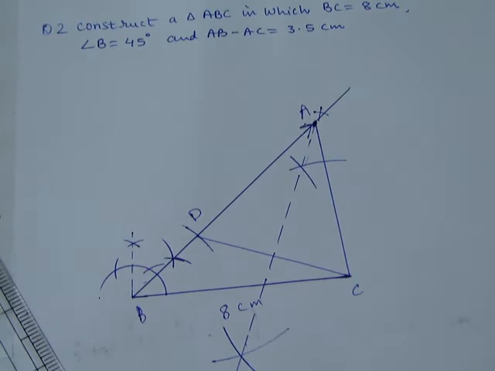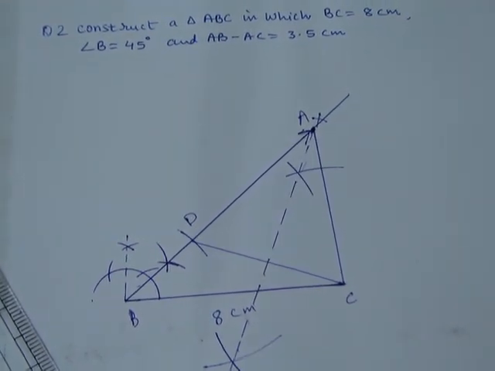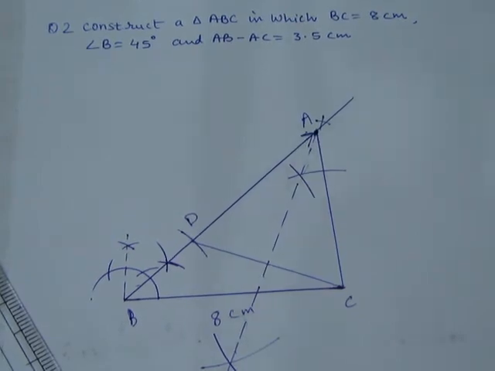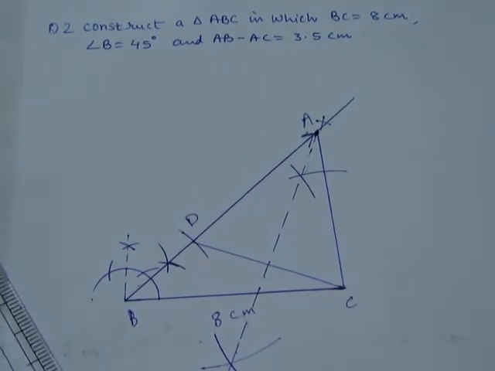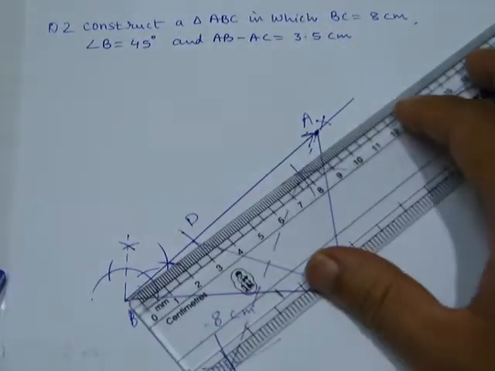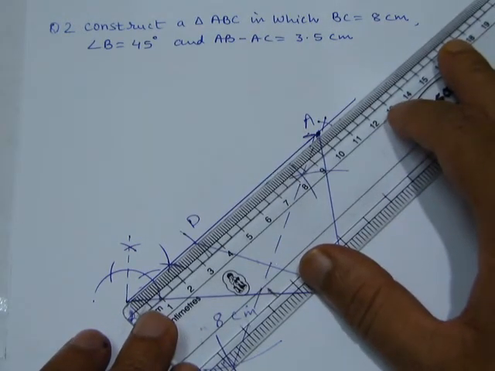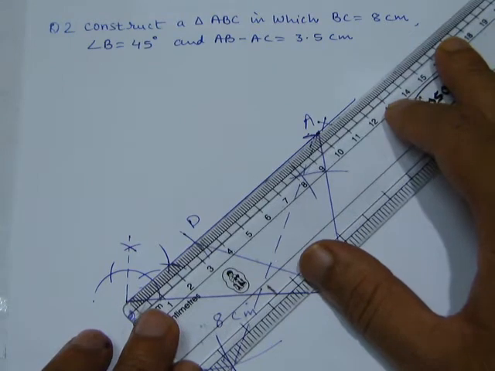Now in this way triangle ABC is constructed, in which BC is 8 cm, the base, the base angle is 45 degree, and the difference of the two sides, that is AB minus AC, is 3.5 cm. Now we'll verify whether it is 3.5 or not. Let us see with the help of the scale what is the value of AB. So AB, when we measure with the scale, is coming exactly